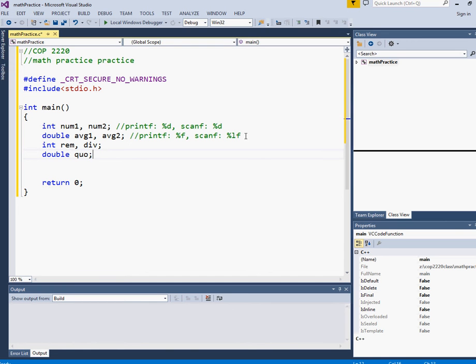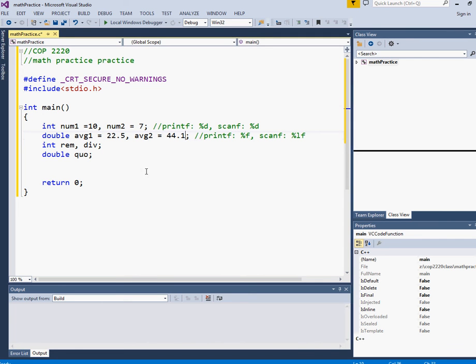or division with doubles. So instead of using user input to get the results, since this is just an exercise on math, I'm just going to assign values to my variables. But if you want to go back and look at the printf scanf practice, you can check that video out and see how to do practice with getting input by the user. So, but here I'm just going to go ahead and put some values in here. These are doubles, so I'm going to assign them double values, and those are integers, so I'm going to assign